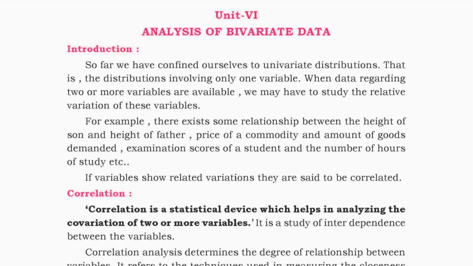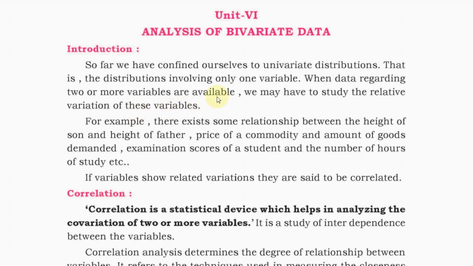So, bivariate means bi, bi means two. So, two variables, involvement of two variables at a time, and analysis of such data. Let us look at the chapter here. So far we have confined ourselves to univariate distributions, that is, distributions involving only one variable. When data regarding two or more variables are available, we may have to study the relative variations of these